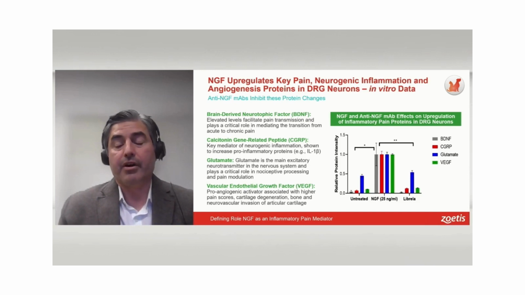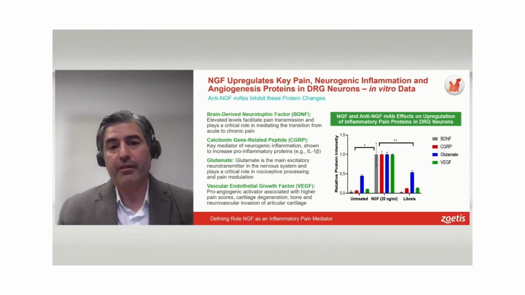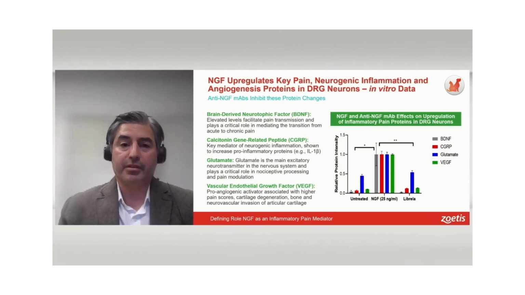increased by NGF. All of that is shown on the right-hand side in the graph, where you have untreated in the first set of bars, and you can see the colorations. Gray is BDNF, red is CGRP, blue is glutamate, and green is VEGF. When you add NGF, which is the middle part of the graph, you can see all of those bars increase. That means we are getting increase in protein and all those different types of proteins that are key pain, neurogenic